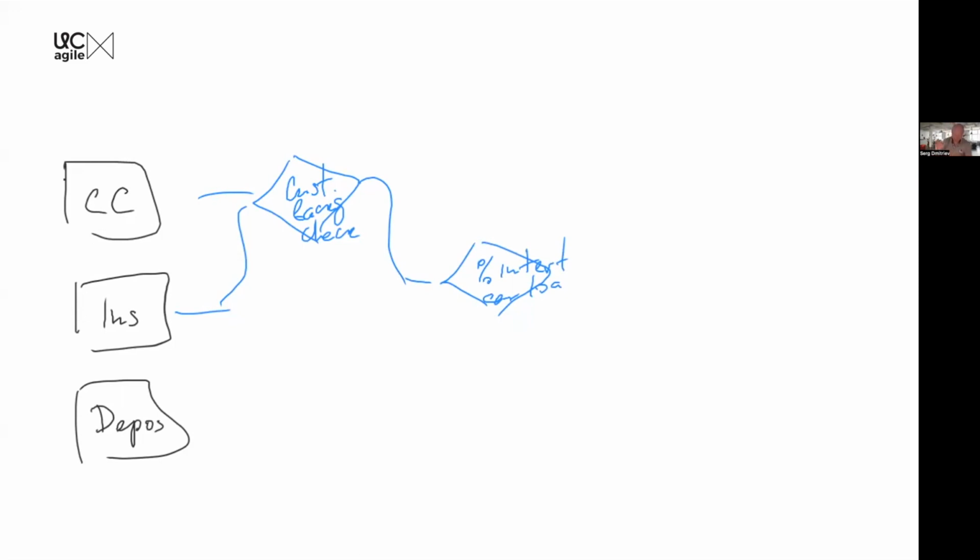So if you know how to calculate interest rate and you have a box that does it, imagine when you have deposits, these guys probably also want to reuse that piece, right? Why should they write their own piece which calculates interest rate if somebody else in the same organization has already done it? Right? So essentially, if you understand where I'm going with this, different products have built different modules for themselves,